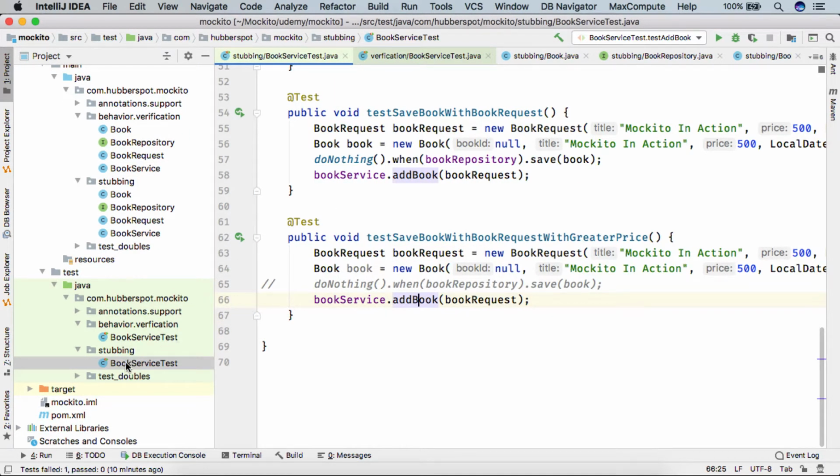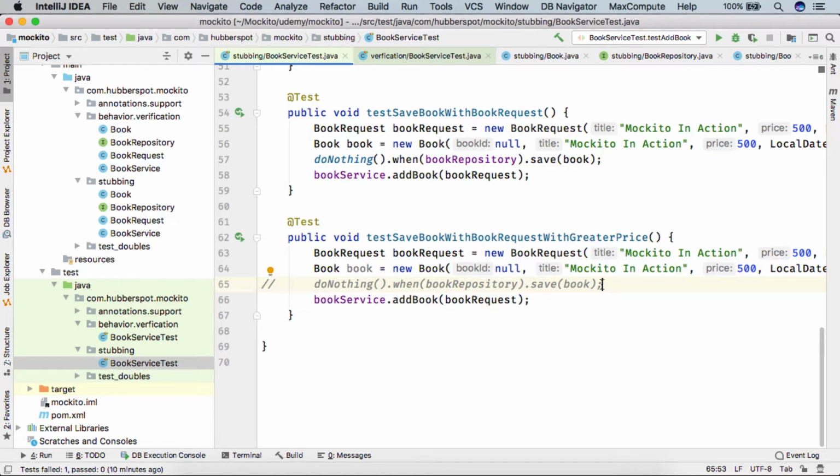Also friends, in our stubbing section we saw that if we want to stub out a void method, we can simply call doNothing when bookRepository.save is getting called. So this was the way which we discussed in our previous lecture.